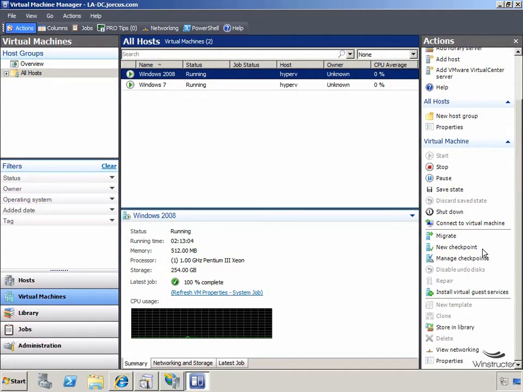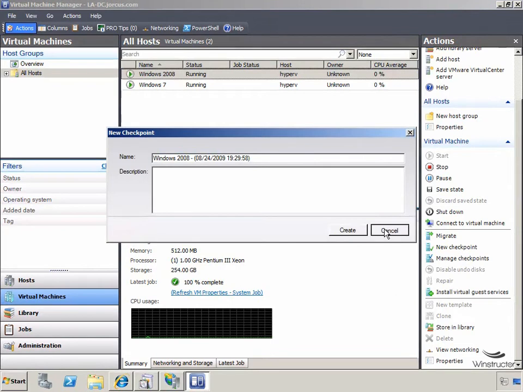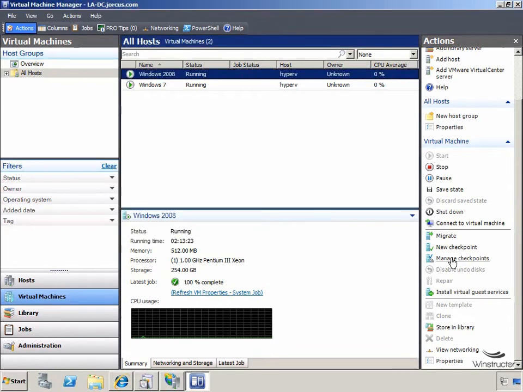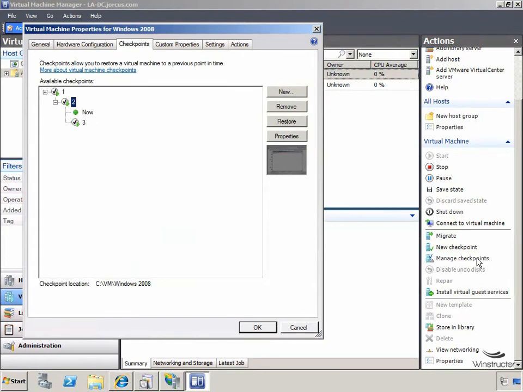So they do and mean the same thing, it's just different names. So if we wanted to create a new checkpoint, we'd just click on New Checkpoint. Although if we just quickly cancel this for the moment, and we'll click the second option here, Manage Checkpoints, then you'll not only be able to see any existing checkpoints for this virtual machine, you can see the 1, 2, and 3 that we created in an earlier video,